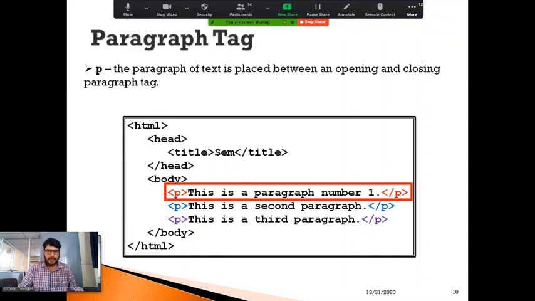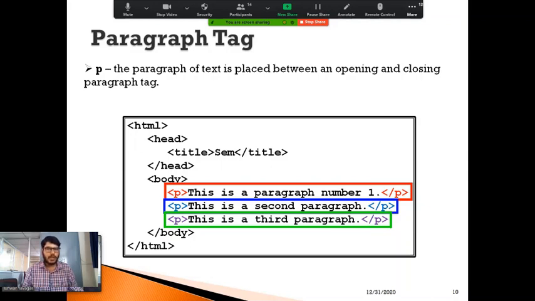And this is the second paragraph tag. This is going to close here itself. And this is the third paragraph tag. This will close here itself. I have used 3 paragraph tags here to place some paragraphs in my HTML document.